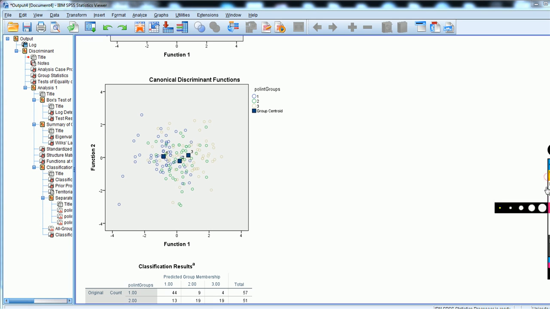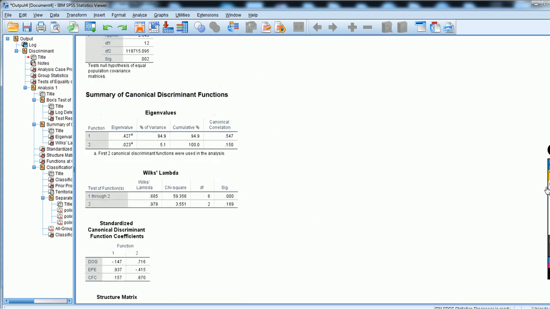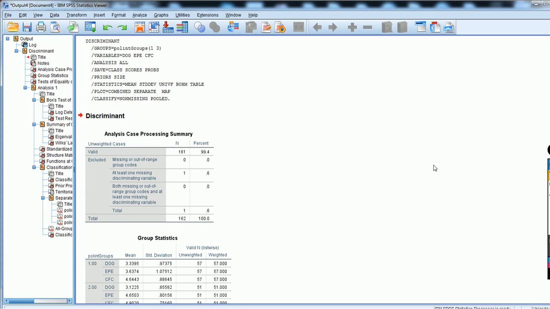So at any rate, that pretty well concludes this illustration of discriminant analysis. Like I said, this is video 2 of 2 in a series. Keep in mind that these various statistical procedures do have assumptions about the data, and in those cases where your assumptions are not met, then that calls into question, well, what other options do you have available? Like I said, another option, in those cases where discriminant analysis might be problematic in terms of meeting assumptions related to multivariate normality or homogeneity of variance-covariance matrices, might be to utilize